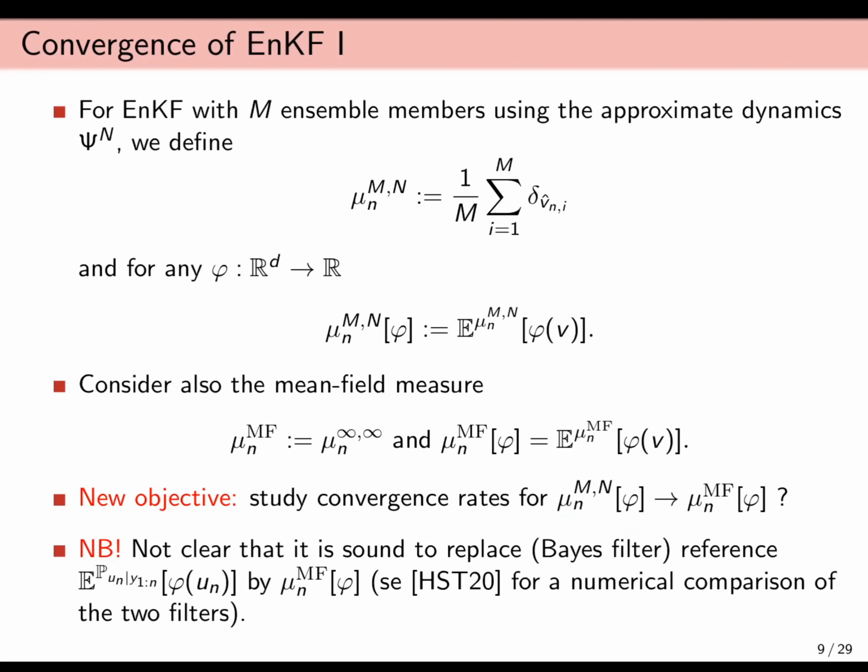Now it should be said that we've done some numerical studies where we compare the Bayes filter and the mean field filter in some nonlinear dynamic settings in this preprint, which I refer to here. And it turns out that in at least some settings, they are not so far apart. So it's not clear that this crime is so serious in all settings. And even if it is a crime, it gives you some partial information that you perhaps can exploit when you try to deal with the full problem, the convergence of EnKF towards this thing, or MLEnKF towards the Bayes filter.